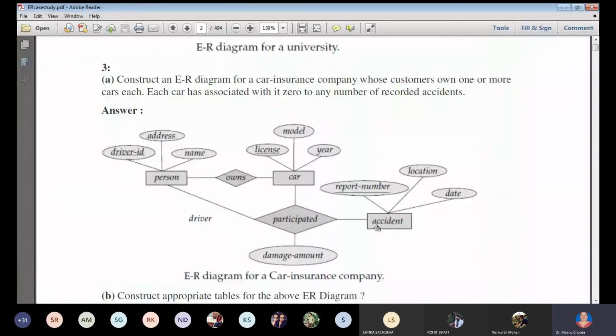Similarly, accident. Now, accident, person is attached here. Each car is with 0 to n number of accidents, it can be mentioned here. It is 0 to any number of accidents. So it can be possible that a person can be attached with the accident. A person can own a car, or each car can associate with 0. So that is why it doesn't make a relationship with the accident. It can have 0 accidents, so there is no relationship. So accident is there with the person. Person participated or met an accident. Or it has an attribute. Relationship has the attribute damage amount.